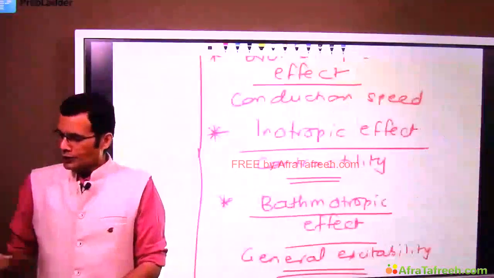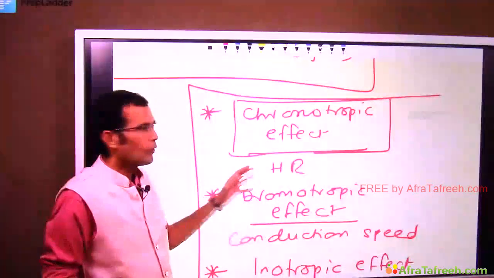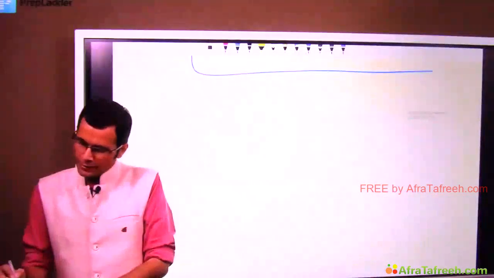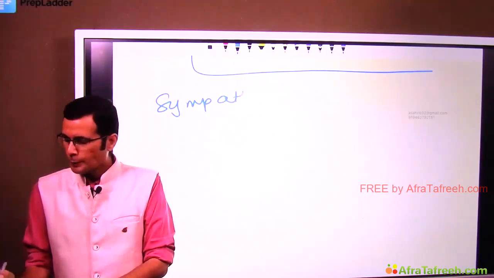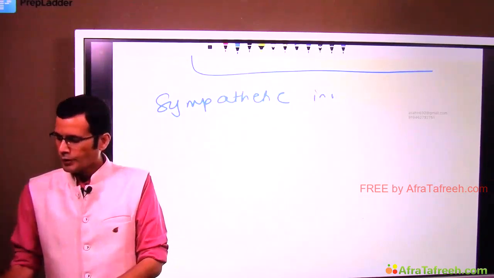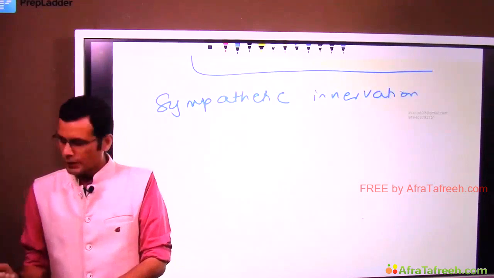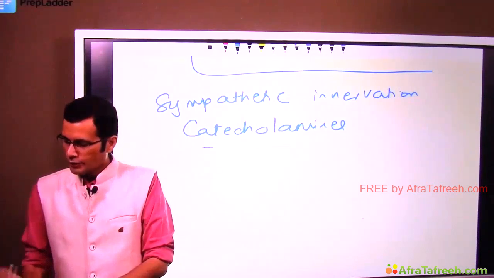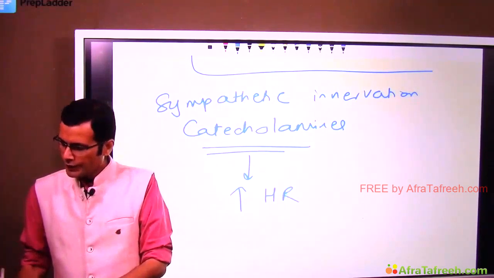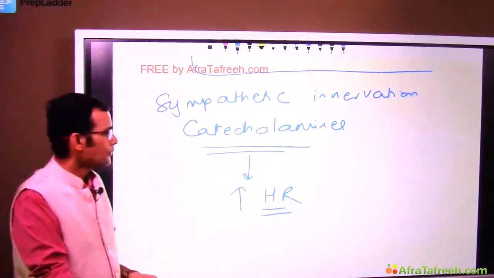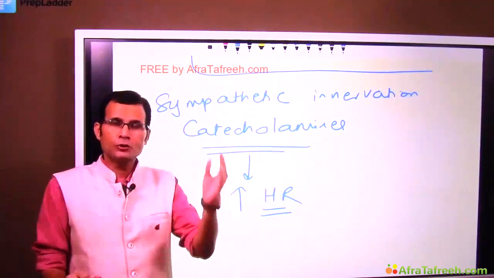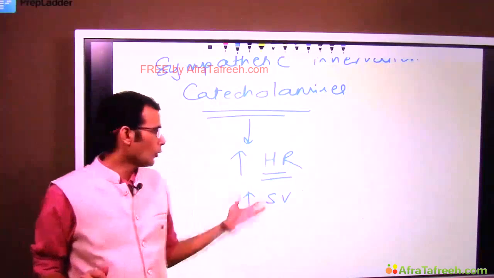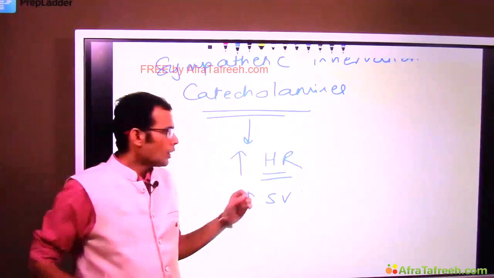Now I want to bring to your notice one more fact related to these. We are saying that the sympathetic innervation, or better we say circulating catecholamines, increase the heart rate, right? Positive chronotropic effect. And by increasing the contractility, they also increase the stroke volume. Now my question is,